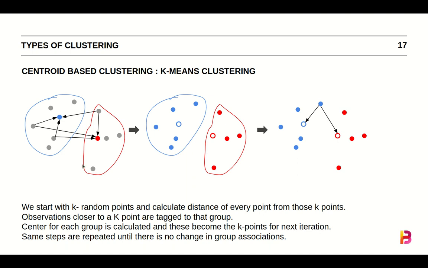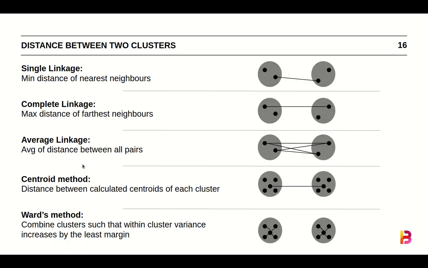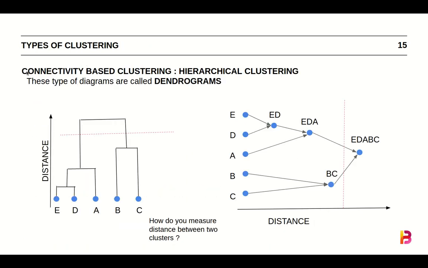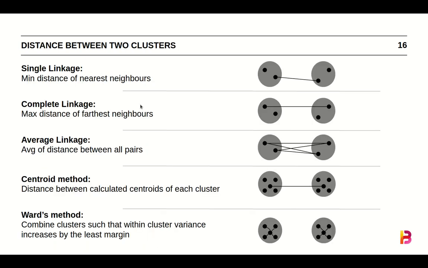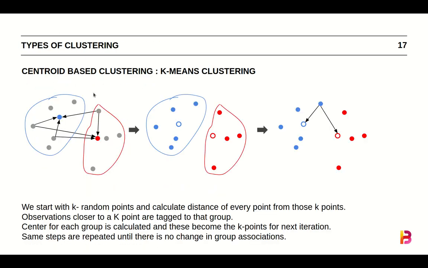Is because when we discuss the issues with connectivity based clustering compared to centroid based, or when we understand the difference between this, that in the next slide you will be more clear on why we choose number of clusters to start with. But for now, to understand this algorithm, let's assume we start with very specific number of clusters we want. So let's say we just want 2 clusters